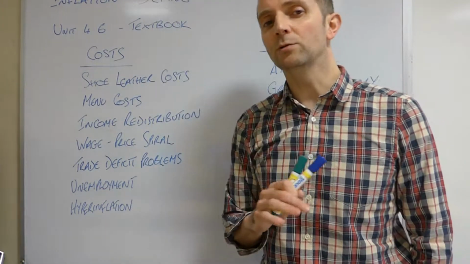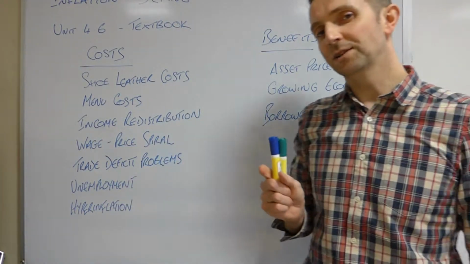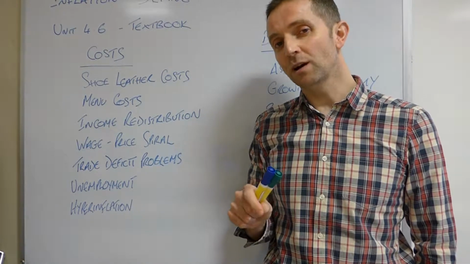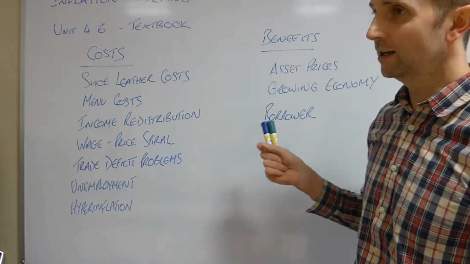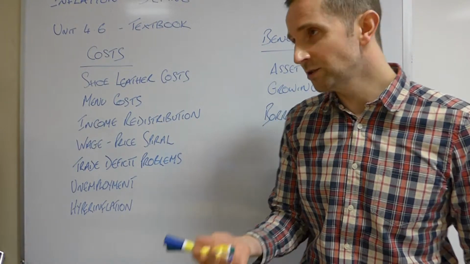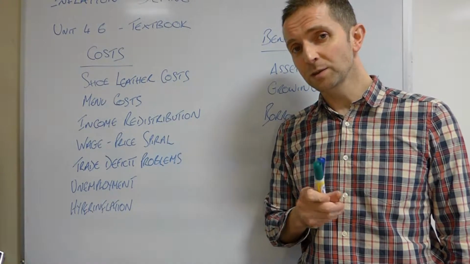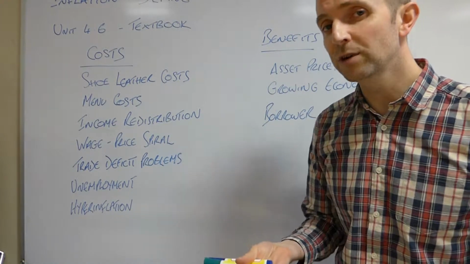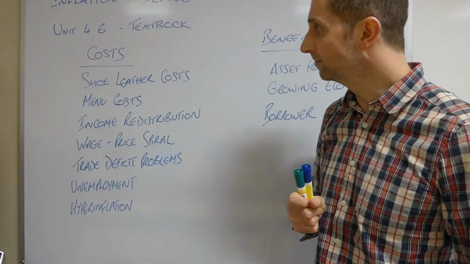So inflation, I would obviously expect to see a definition of inflation at the start. Inflation is a sustained rise in the price level measured in percentage terms. You may wish to quote the CPI, the Consumer Price Index, which is 0.2% at the moment in the UK, and the Retail Price Index, which is 1.2% at the moment in the UK.